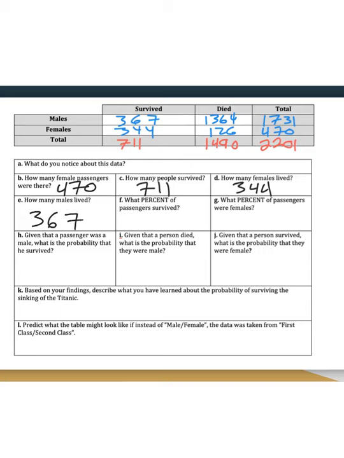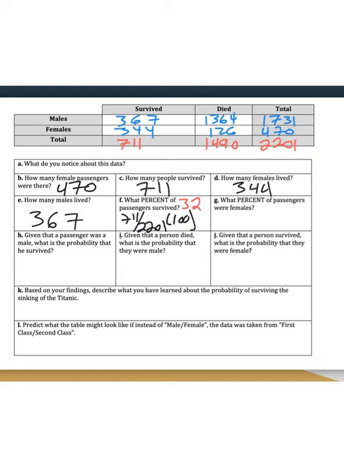For the percent that survived, we want to figure out, first off, how many survived. In this case, there are 711 out of our total 2,201. So I'm going to set that up as a fraction. So we have 711 out of 2,201. And we'd end up multiplying that whole expression by 100 to turn it into a percent. And we end up getting approximately 32%